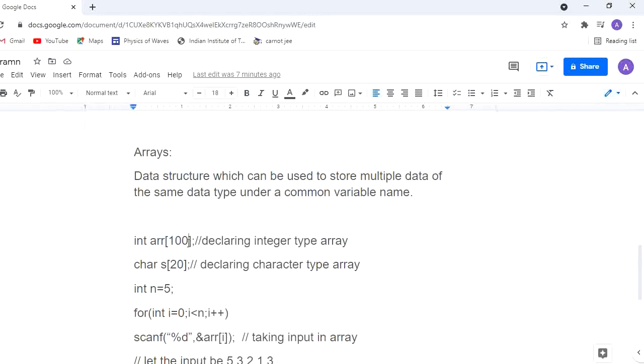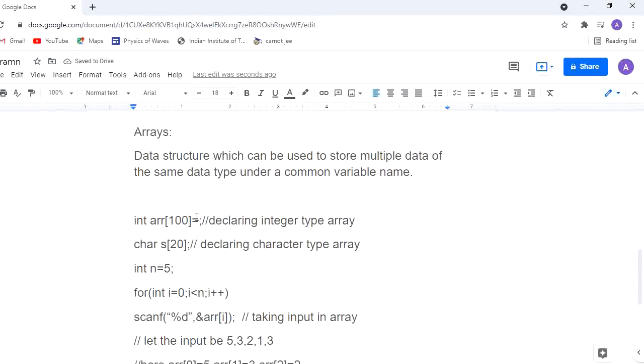Otherwise, we need to initialize the array here itself within square brackets, by putting commas and entering the elements, something like this. In that case, we do not need to mention the number here. Otherwise, we have to mention the maximum size of the array here. Then this is another example of a character type array,